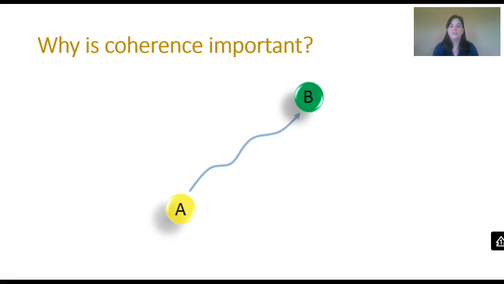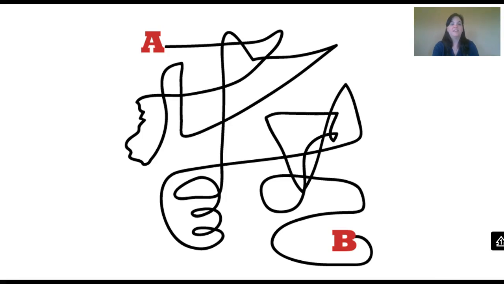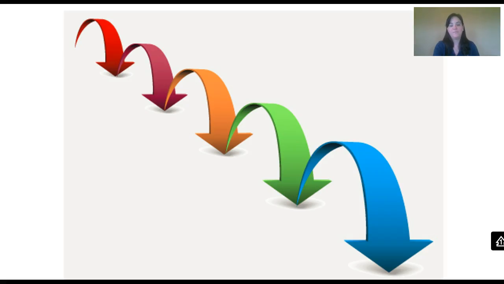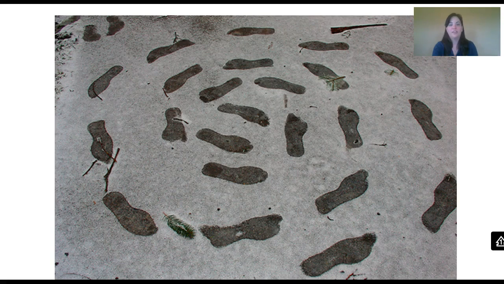So why is this important? Well, when you write, you are leading your reader to your main point, and you want to get the reader to that main point in the most direct way possible. Think of it as giving directions. You want to get somebody from point A to point B very directly. You'd rather provide them with a straight path than with a set of twists and turns that actually takes longer to get to the destination than it would have if you would have just been more streamlined. When you're writing, you want to present your ideas one after the other in a logical pattern. You don't want your reader walking around in circles.